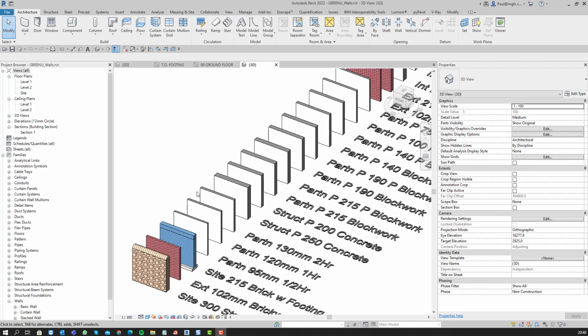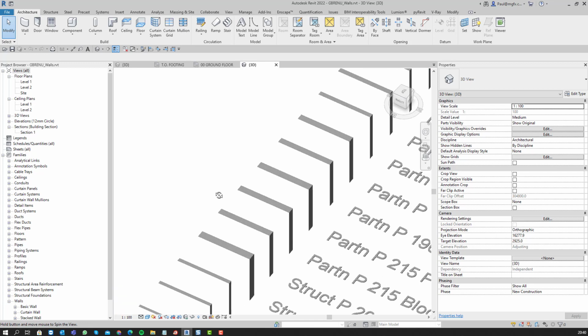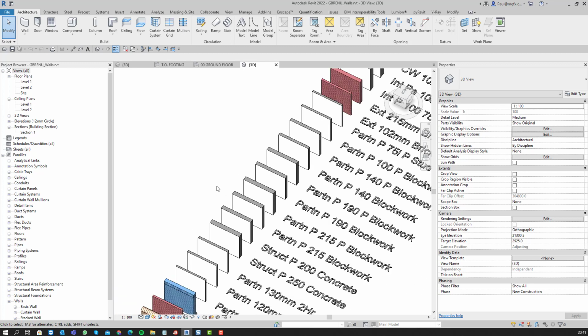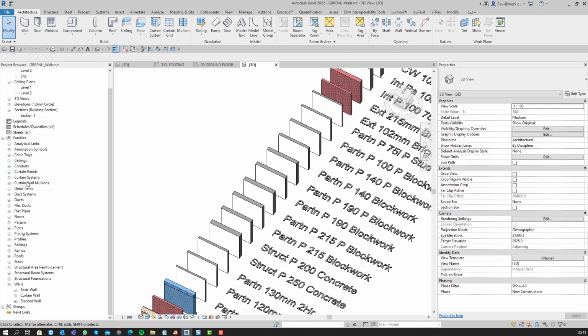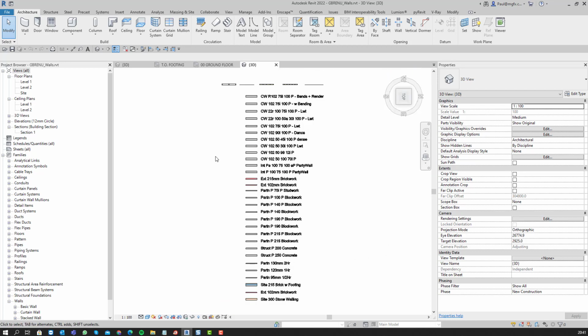Hello everyone. I'd like to focus on walls today, specifically structural walls and how they differ from normal walls when one utilizes the family browser. Now many of you might know already, or if you don't know, that if you have an element and you want to place that element, let's suppose you want to draw a wall,